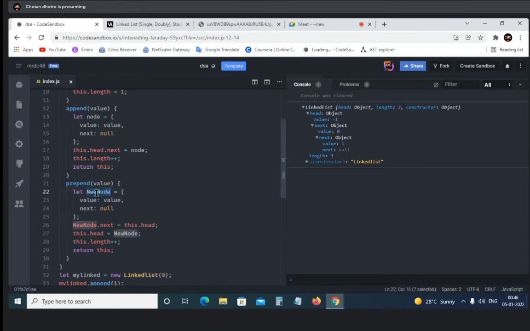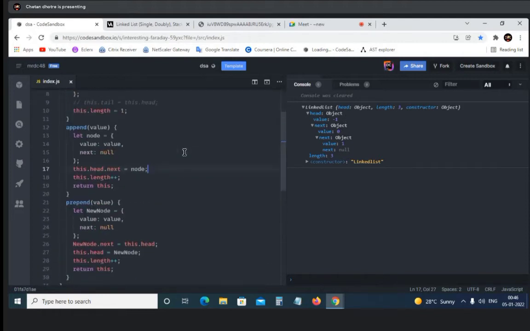We have new node. What we have done is connect the new node dot next, which is null, to the head, and the head to the new node. That means new node has a variable called this dot head. So this dot head has access to the new node object. That's why it is showing on the right side as well.